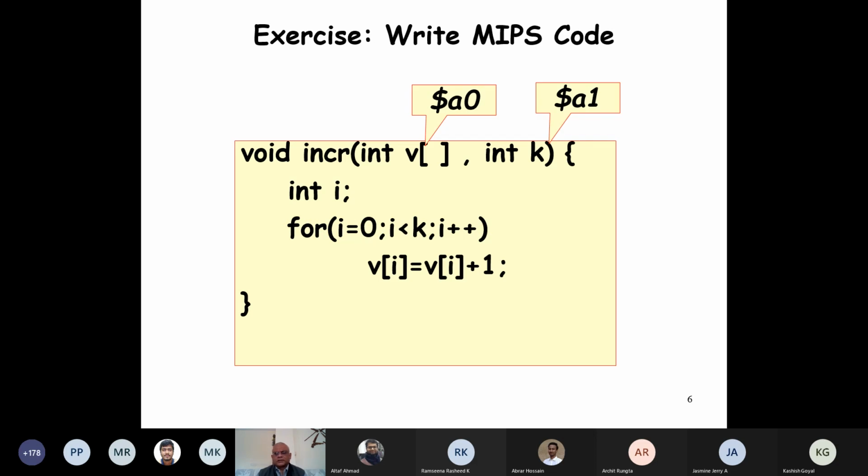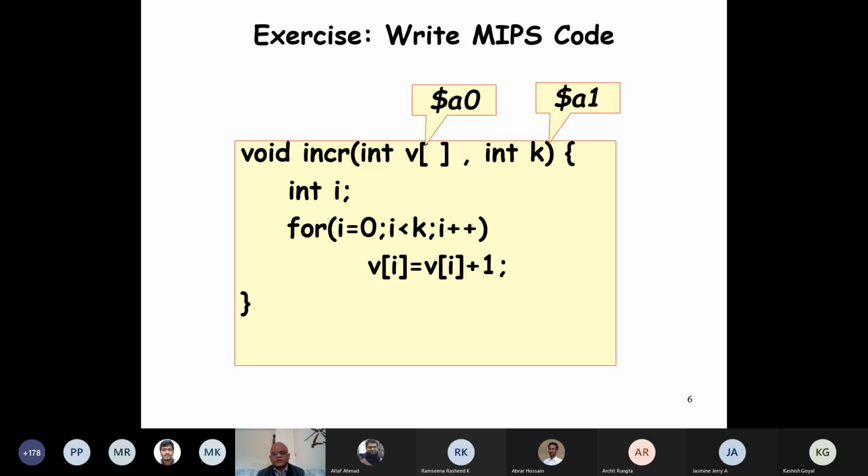Now let's write some code for functions, because last time we didn't do any exercise on C functions. How do we translate that to assembly code? We have this increment function, which takes a pointer to an array and an integer value.